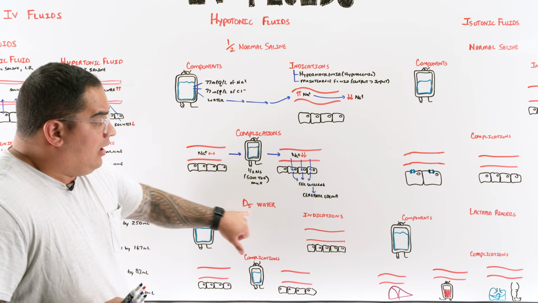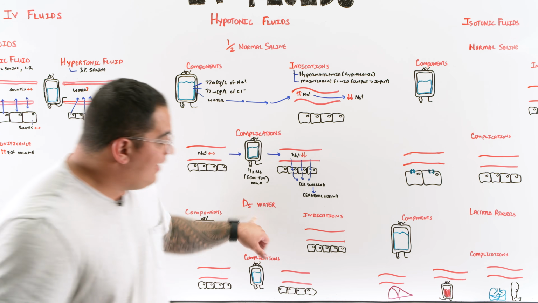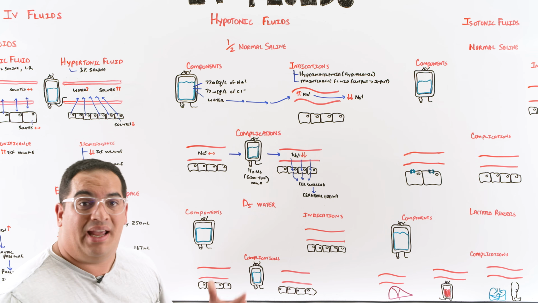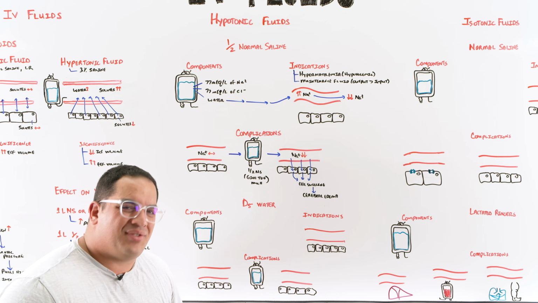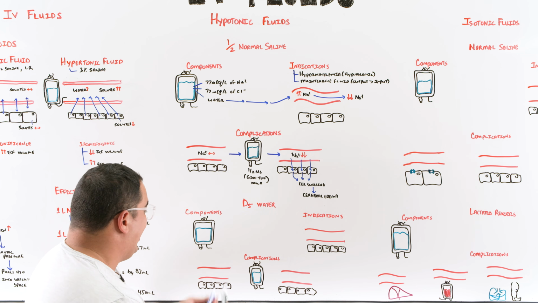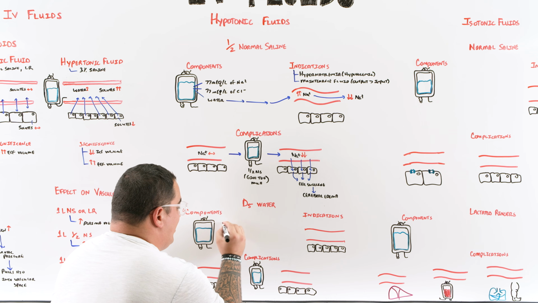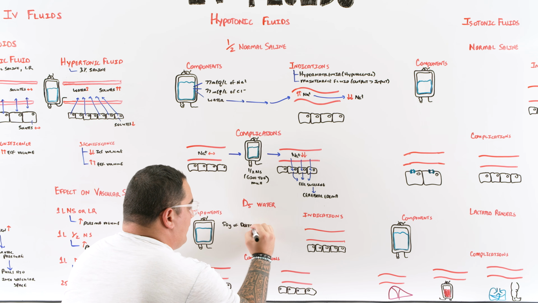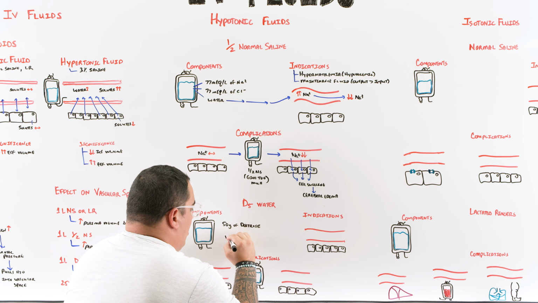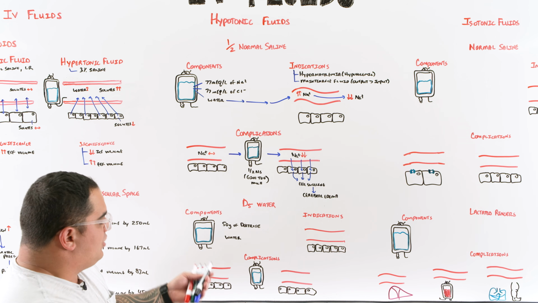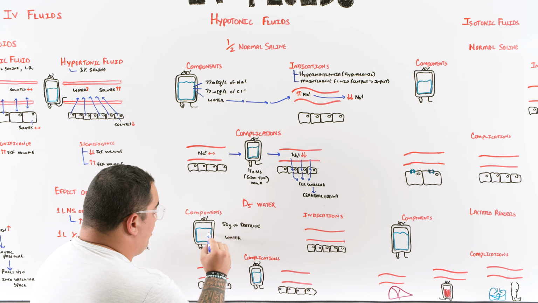All right, next one is D5 water. Now D5 water is also a hypotonic fluid, and again, it's going to expand the intracellular space, a little bit of the extracellular space, but again, the benefit of this one is when you think about its components, it's really just like 50 grams of glucose. You give 50 grams of dextrose, and then it's just a bunch of water in the solution. All right, that's really it, it's just a bunch of water. And so when you think about that is the primary components here,